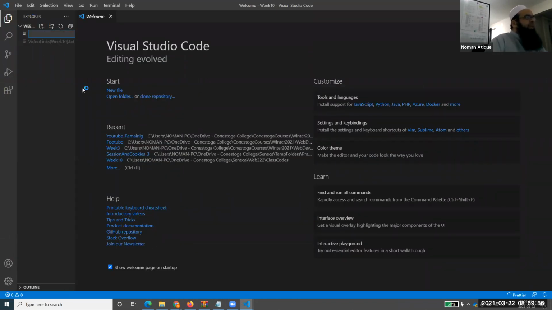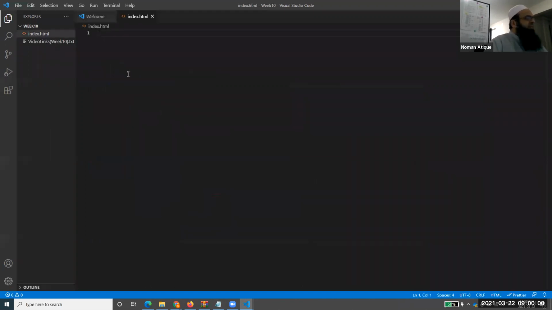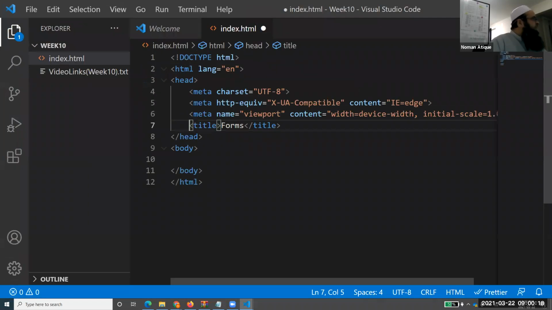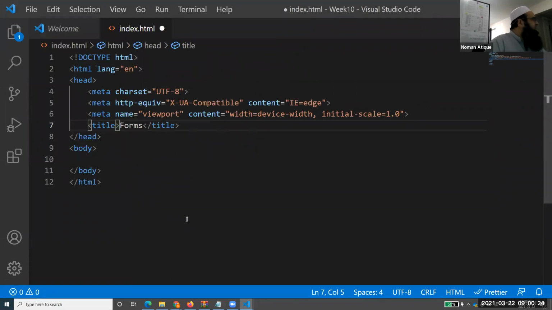So if I say, for example, index.html, that we have done a lot of times, and if you want to make an HTML file, I have given you the shortcut HTML:5, and you give a tab sign, so you will get the whole document over here. And what we want to do over here is that we are working on forms, right? Are you people able to see my Visual Studio? Because I'm just taking feedback so that everyone is with me. Are you able to see that? Oh yeah, okay, thank you.